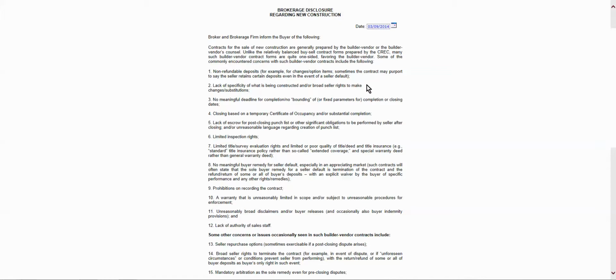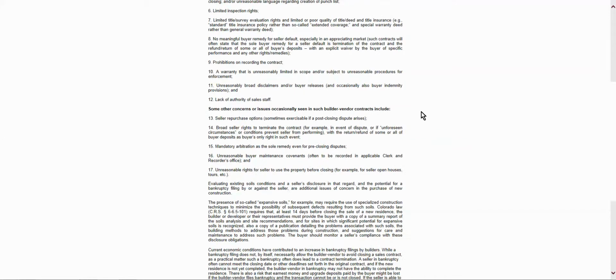Builders do all kinds of interesting things with their contract: lack of specificity, no meaningful deadline. It's very difficult for a builder to create a meaningful deadline because all kinds of force majeure, acts of God, weather, whatever, may delay projects. Closing based upon temporary certificate of occupancy, that may not be something your people want to do. Limited inspection rights, limited title evaluation rights, warranties that don't necessarily provide good procedures or enforcement,